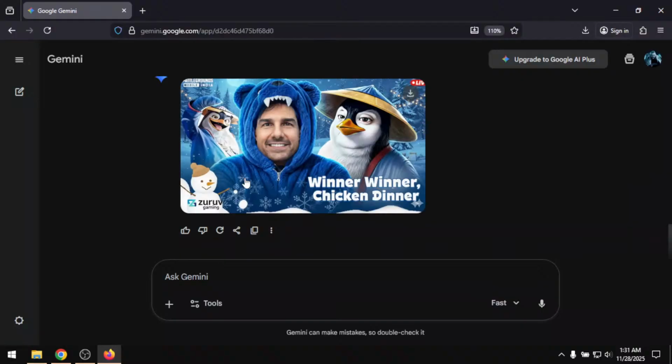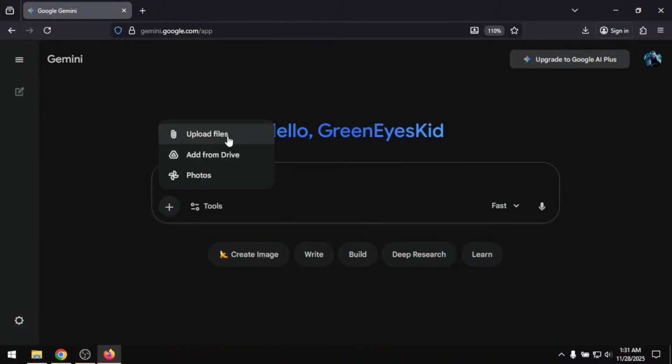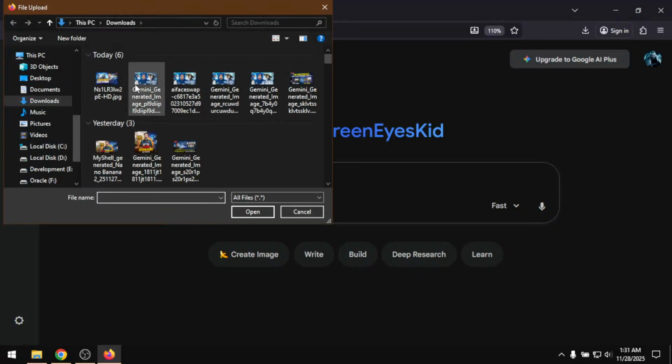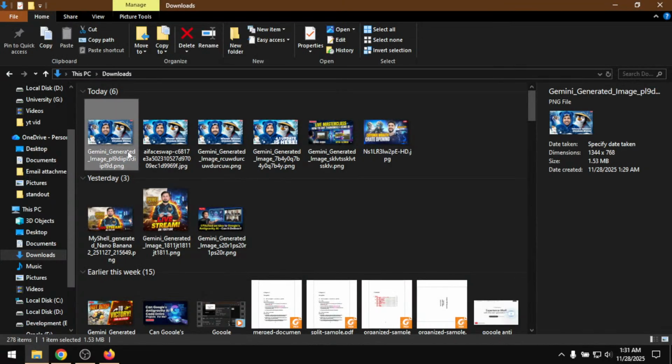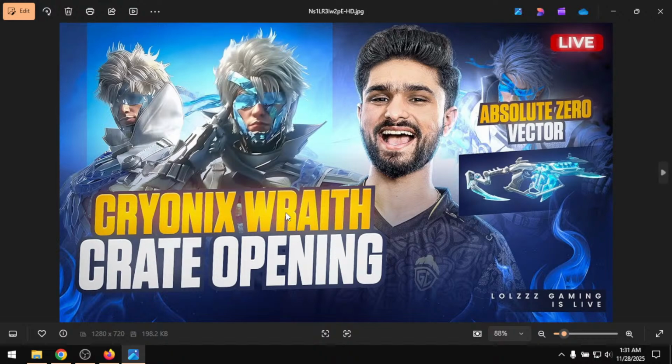Then I will open a new chat here. I will click on plus, click on upload files, and open that image. So this is the image. Now in here you can see Chronox Red create opening, and I want to change this text. For example, this is for LOL's gaming, right? And here you can see LOL's gaming is live, so I will say